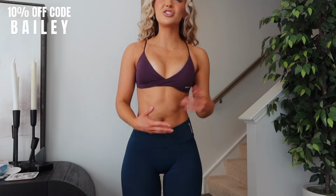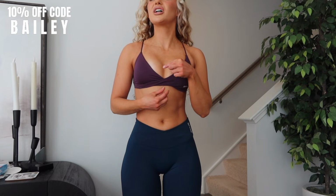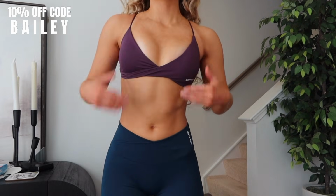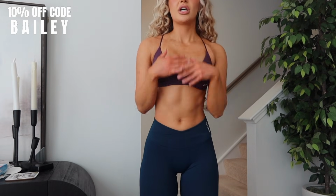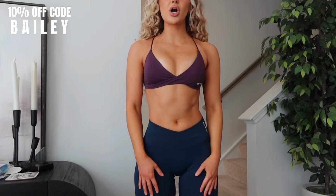If you like more coverage, you might like the other one. I just wasn't loving the Vision scrunch in the front. I just felt like it looked a little weird, and I prefer the twist. Tops are definitely tight like the long line, but I cannot size up because of the width. Still obviously lower support, lower coverage, but I think the cup size is bigger than the Impact bra, and I